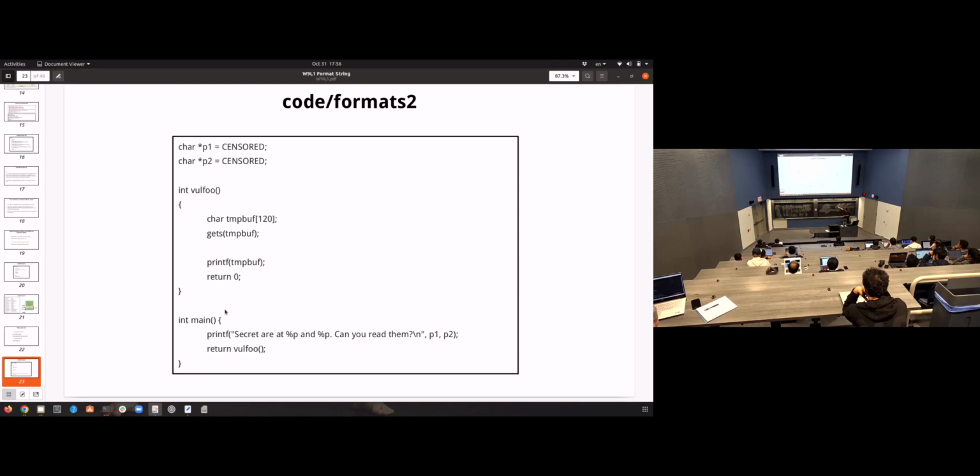But to print out the first string, the second argument should be what? The address of that string, right? So this should be P1. This one will be P2. That's what we want, and this one, the program prints out for you. So first of all, you need to put those two values into the address space of this program, right? Or it would be best if we put that onto the stack. So what we do is